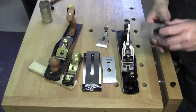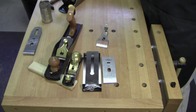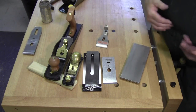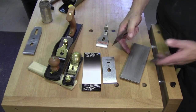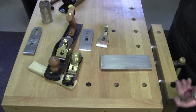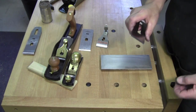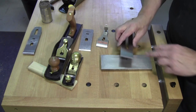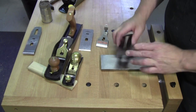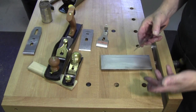So, what's involved in doing this out of the package? Very simple. When I get a new Hock iron and I take it out of the package, the first thing I do is inspect it, naturally, for any shipping damage that might need to be ground out. This one didn't have any of that. So I take it to the stone and I flatten the back. This one was very nicely done, but to put it into service right away,